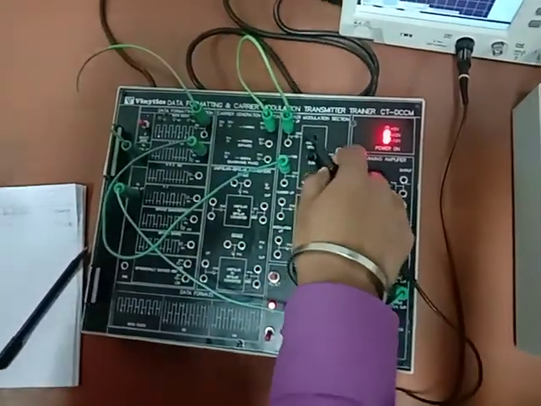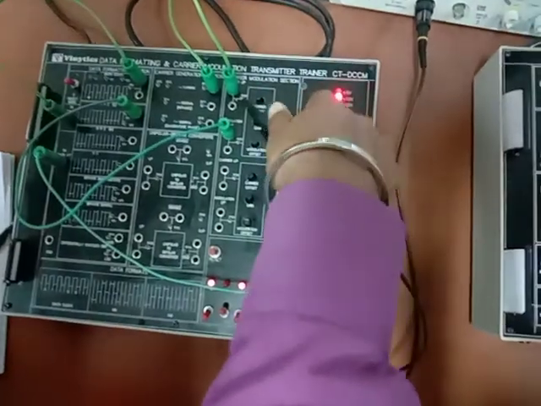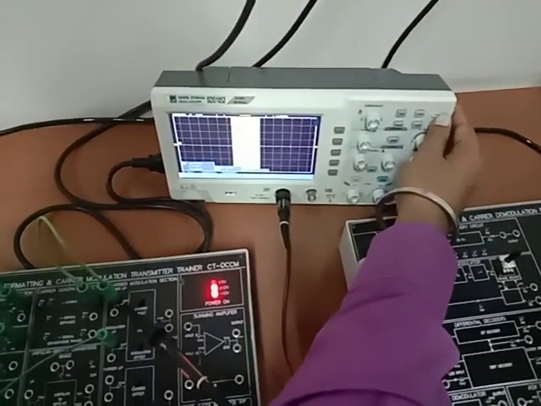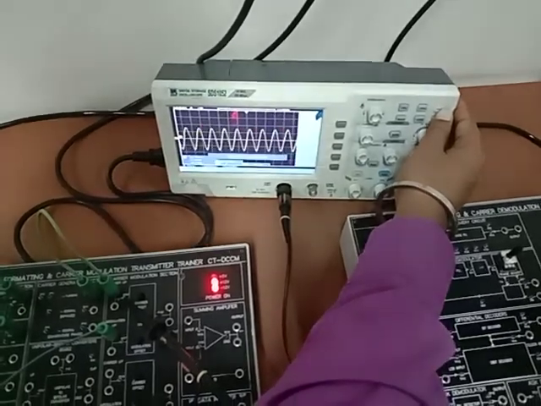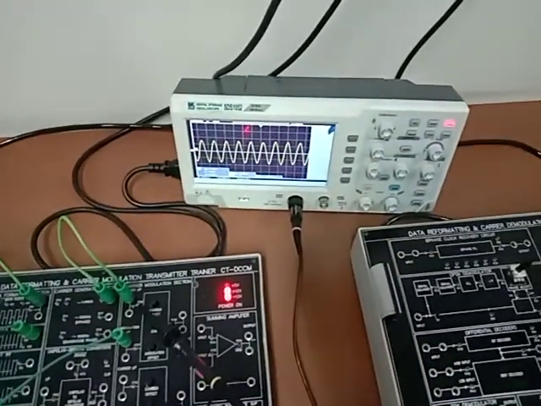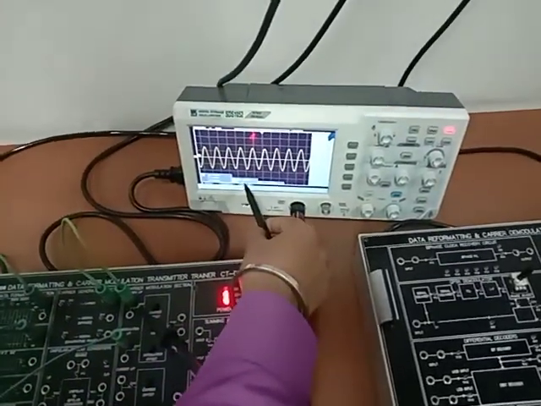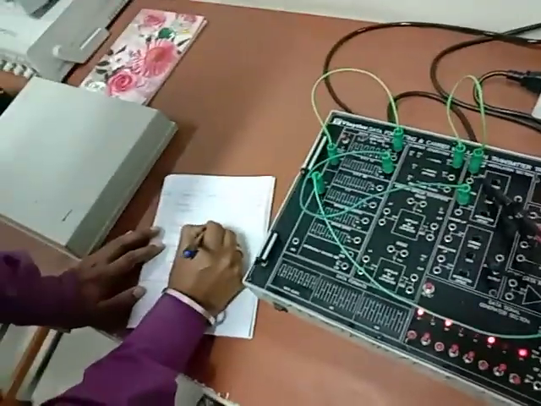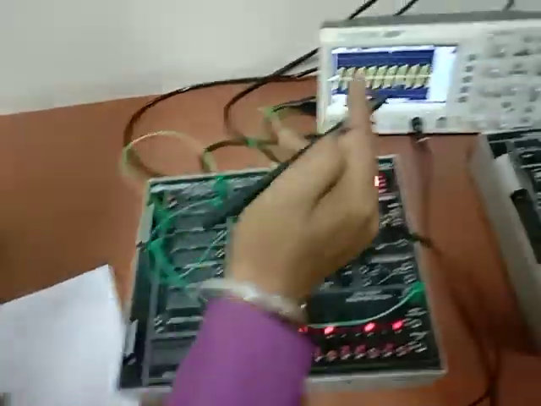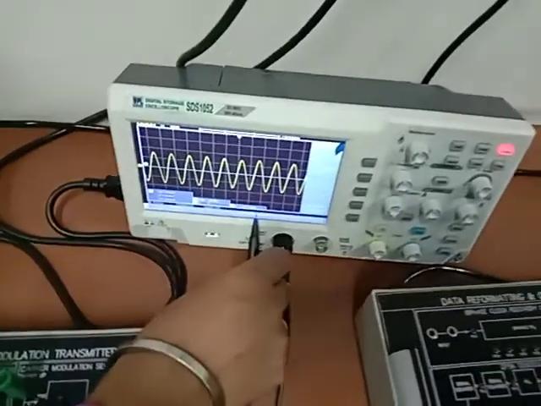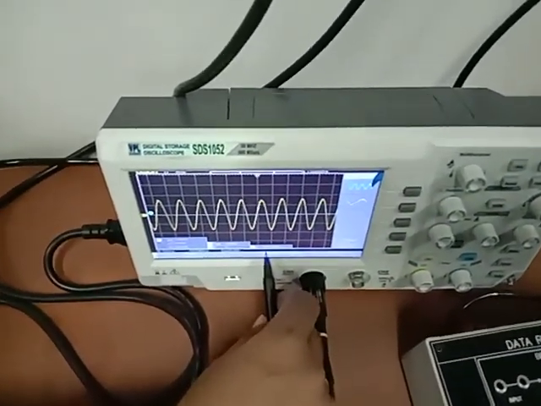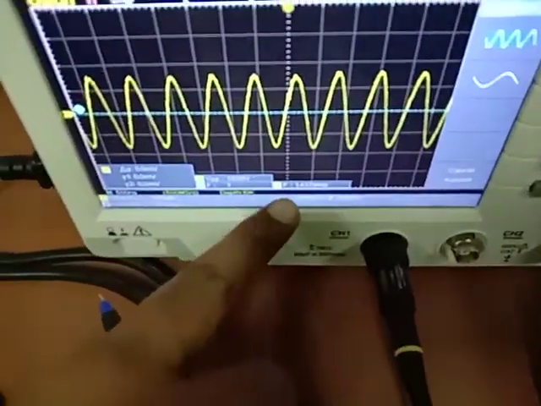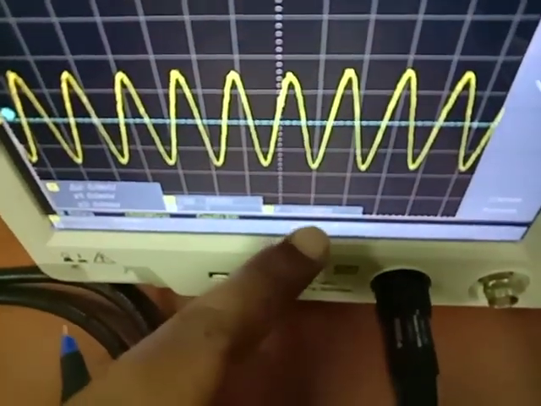This is our carrier signal, and we will measure from it. The amplitude is 1.699 volt, and the frequency is 1.437 megahertz.